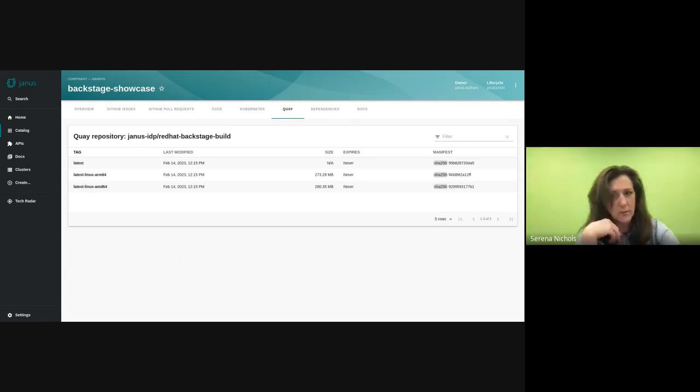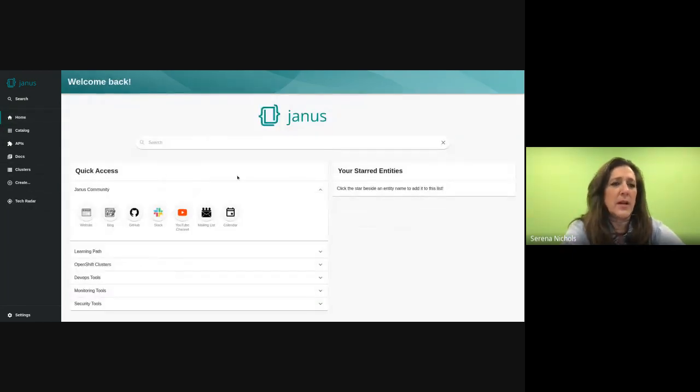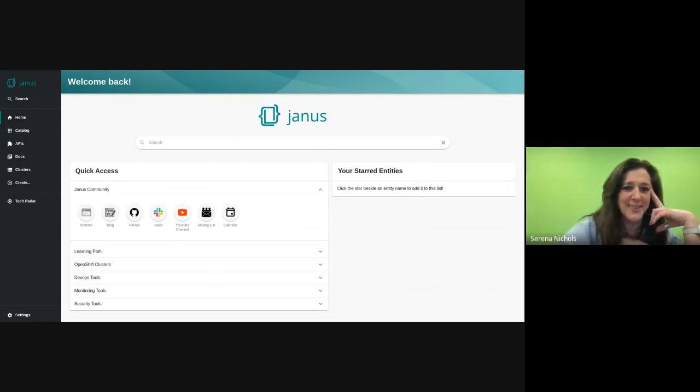Anybody have questions around that? I know I did get a request from somebody who asked if we have a blog coming around the quickest and easiest way to get the Showcase app up and running locally on someone's machine. So I'll add an issue on that in our Git repo, but that would be a great blog, I think, for someone to write. Maybe Thorsten, I saw you. That might be a great one to think about. Excellent.